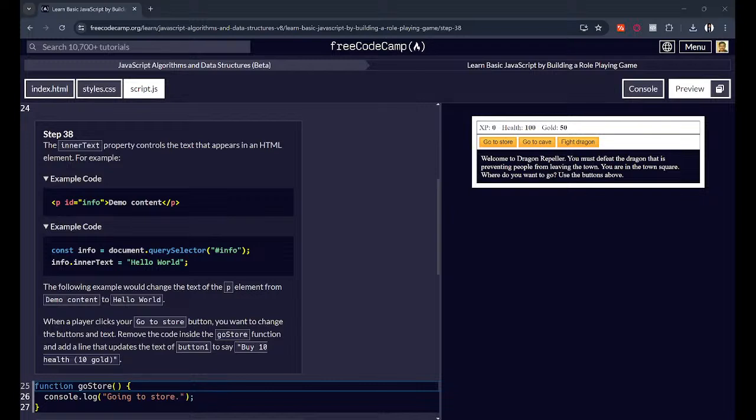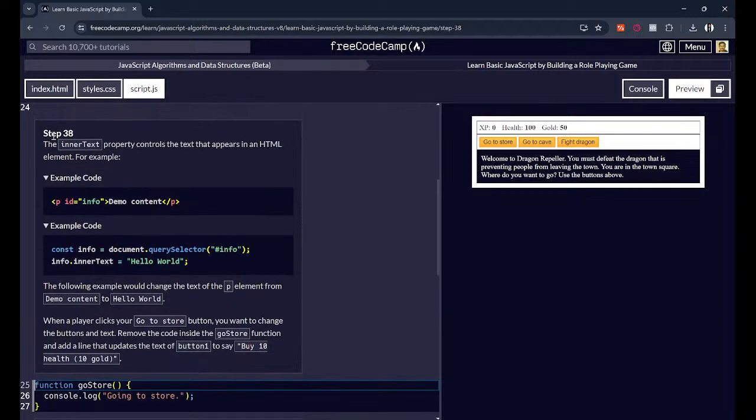Now the inner text property controls the text that appears in an HTML element. For example, we have the P ID some info, then we have text and this. Example code will be: constant info, we are declaring a variable info, then document query select this ID. So we are assigning this ID to this variable and making it a constant, so it can't be changed in the next line of codes or in future codes. Then we are doing an inner text,